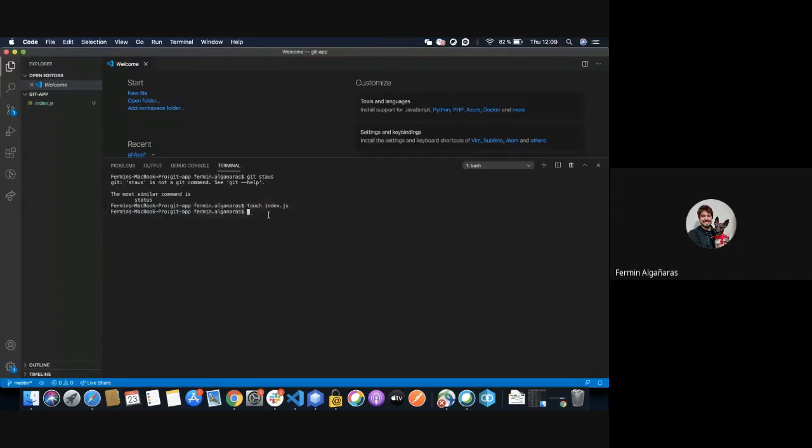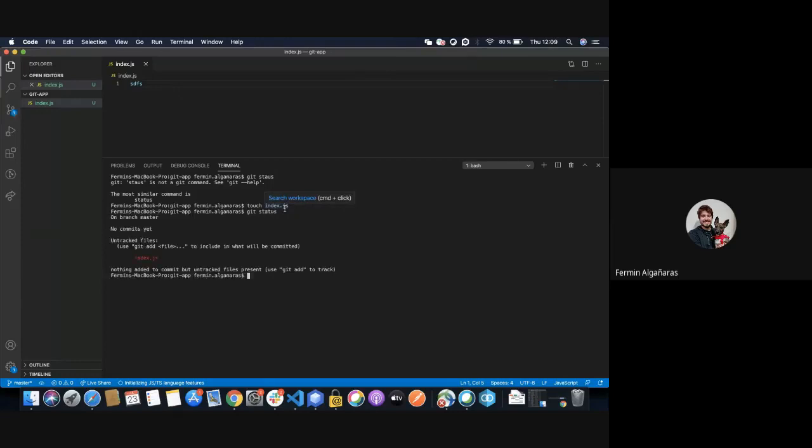Okay. So I created an index file. If I do any changes into the index file and do a git status, you'll see that Git detected that there are changes, but these are untracked. So a tracked file is any file that is in the working directory and Git is aware of and actively tracking. So we can track the index.js by doing a git add index.js. What we do with the git add is actually move the file from the working directory into the staging area. And if we commit,